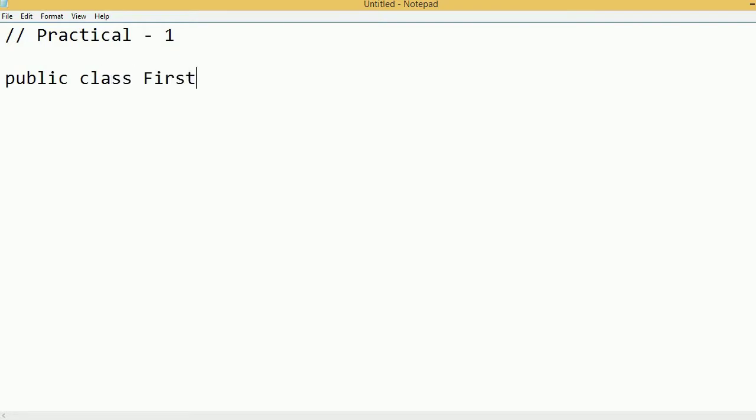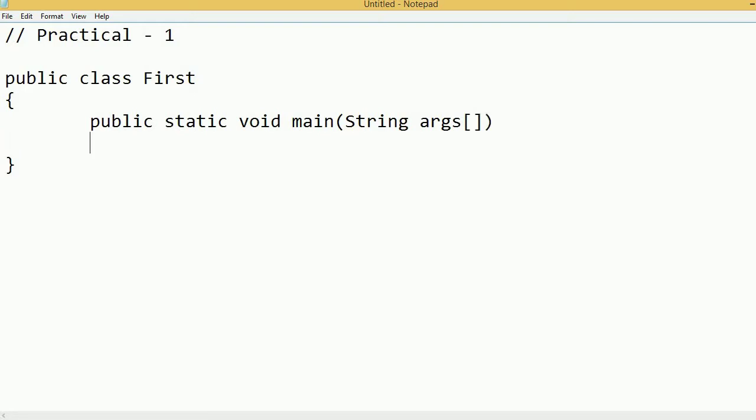Now if I am creating the class, we have to write public class first. Then the name of the class, right? In Java programming everything will be done inside the class only, right? For creating the main function, as per the structure of the Java program, we have to include one class, and in that I can create the main function. And the main function of Java programming is public static void main. And this main function will take the parameter, the array of string objects, right? String is an inbuilt class which is available in the Java programming library, right? So this is what the main function is.